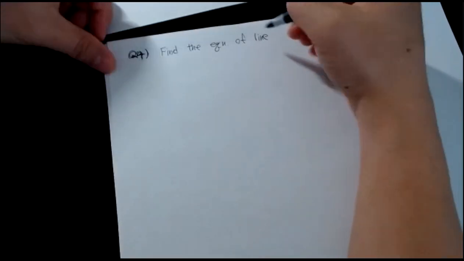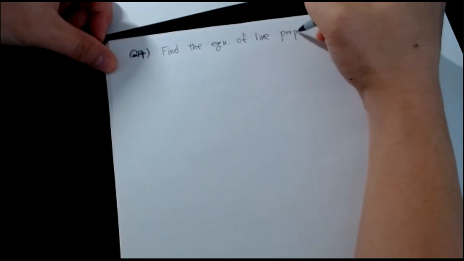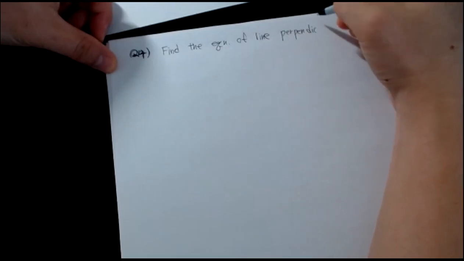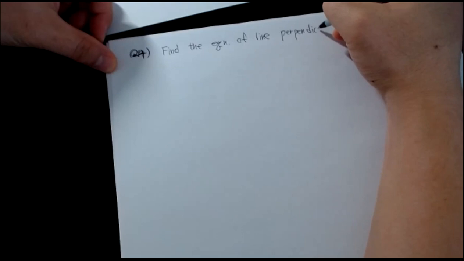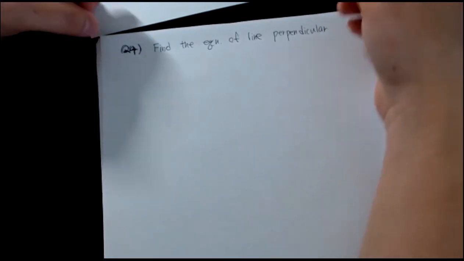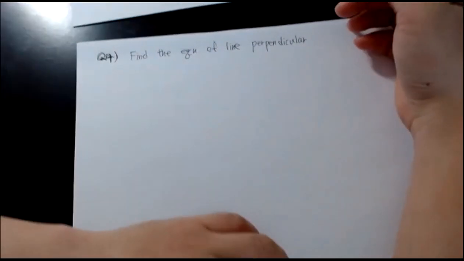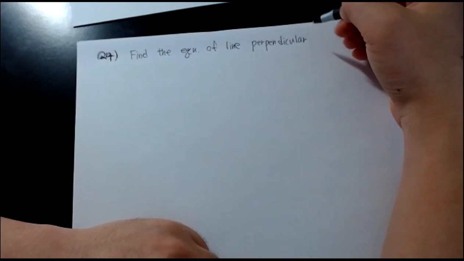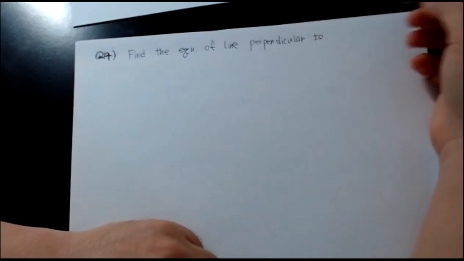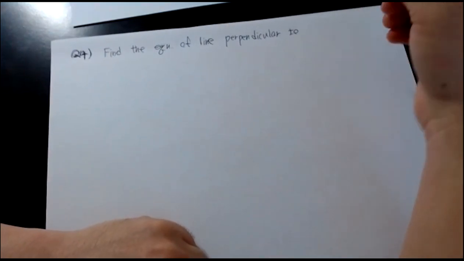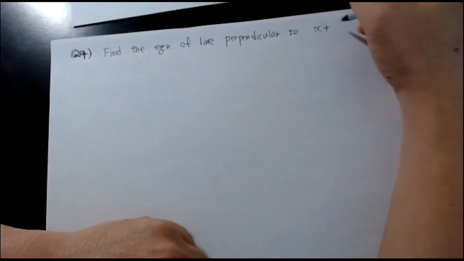Okay, find the equation of the line, not parallel but perpendicular. What does that mean, perpendicular? Perpendicular means that two lines cross at a right angle. So find the equation of the line perpendicular to, let's say, x plus 3y is equal to